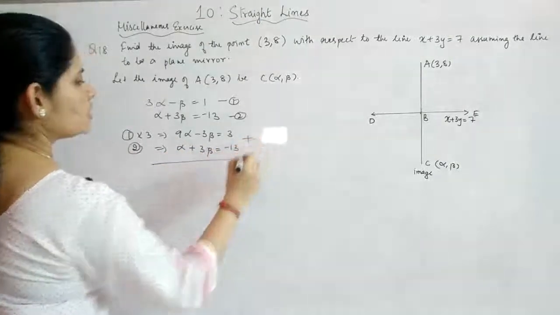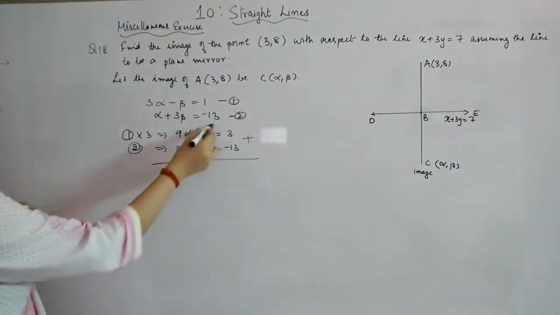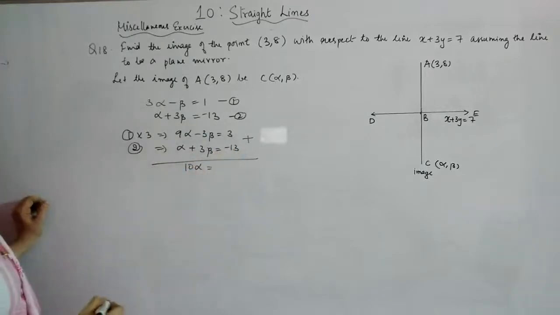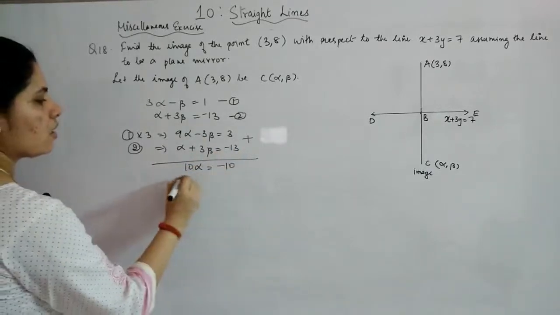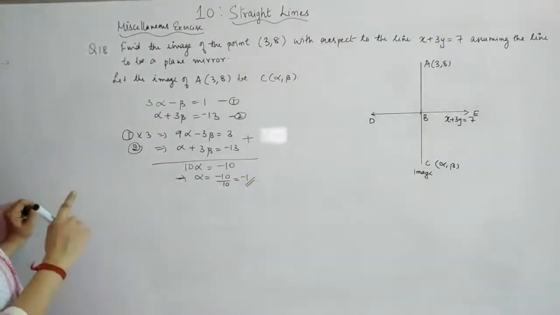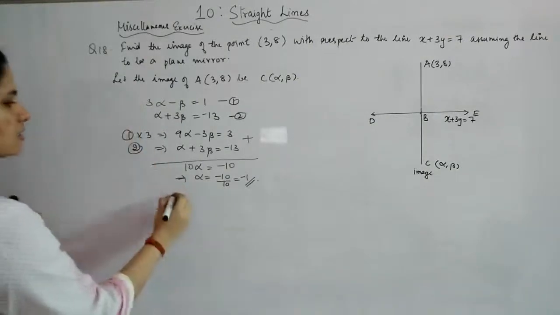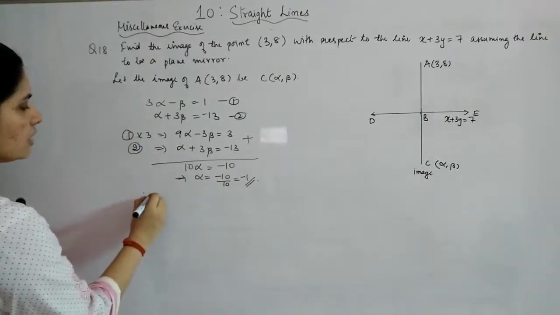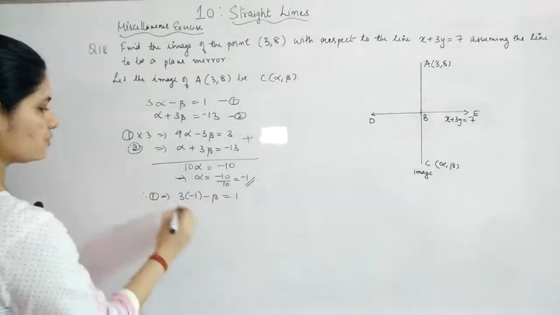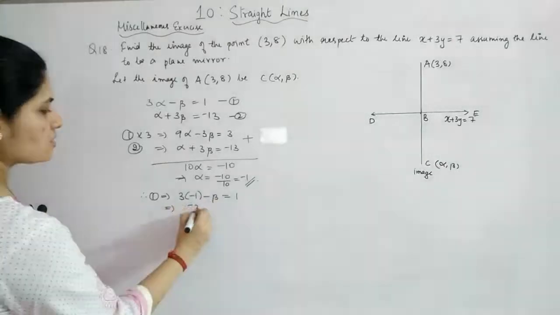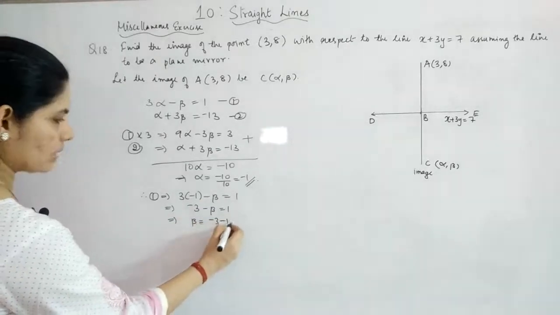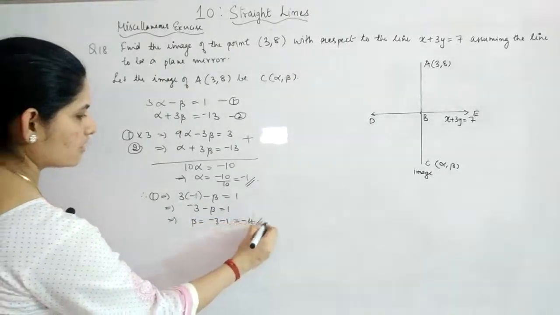Now we can just add the two equations in order to get the value of alpha. So this will be eliminated and you will get 9 alpha plus alpha, which is 10 alpha, is equal to 3 minus 13, which gives you minus 10, or alpha is equal to minus 10 by 10, equal to minus 1. Now you have to find out the value of beta. You can just replace in this one, that is, therefore equation 2 will become 3 into minus 1 minus beta is equal to 1, or minus 3 minus beta is equal to 1, that is beta is equal to minus 3 minus 1, which is equal to minus 4.